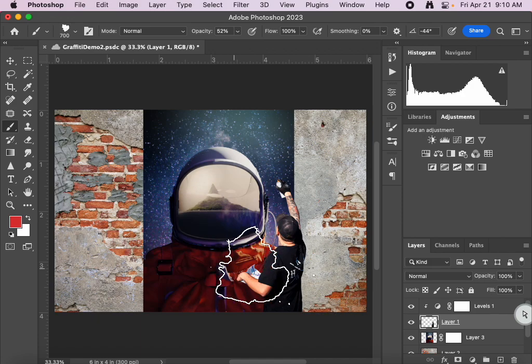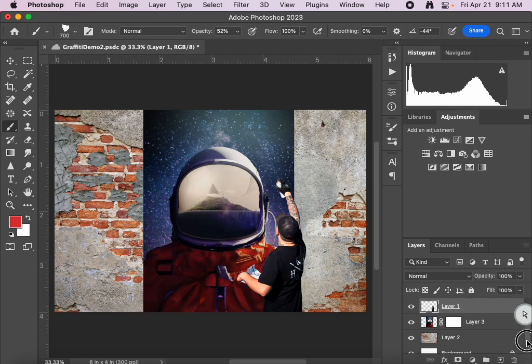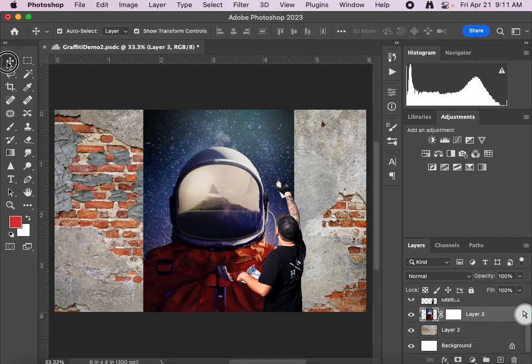There might be some instances where you do want to actually cut yourself out to put an image under yourself. It'll make sense if you have a file kind of like that. I'll help you with that: creating the selection, making it a new layer, and putting it on top so you can put your image in between. Okay? All right, so what we've got is we're going to be taking our graffiti image,